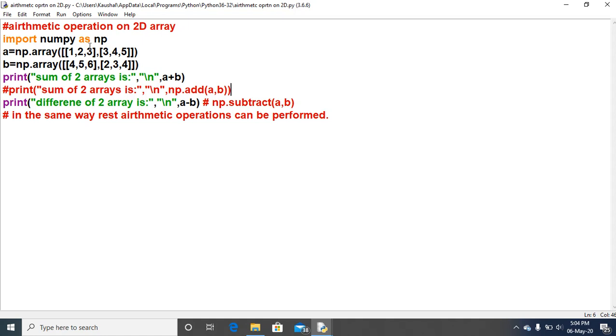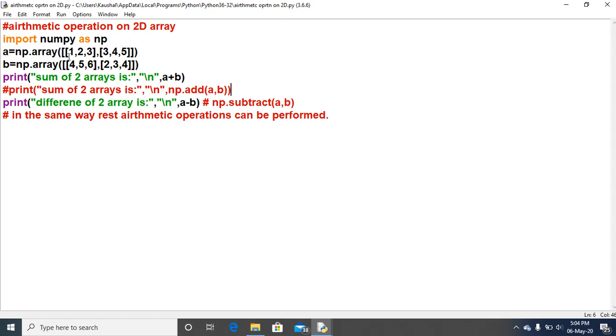So when you perform the addition on the 2D arrays, 1 plus 4 would be 5, 2 plus 5 will be 7, 6 minus... 3 plus 6 will be 9. And in the second row the values come as 3 plus 2, 4 plus 3 is 7, and 5 plus 4 is 9.